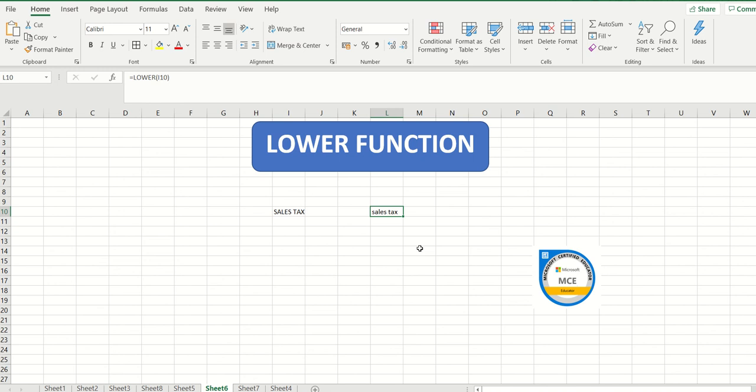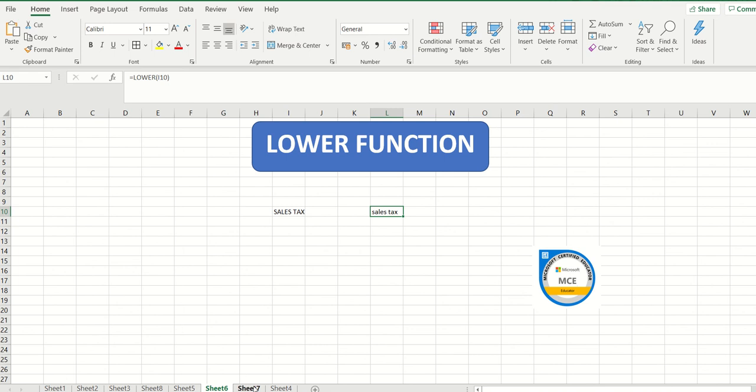So my upper function and my lower function are very beneficial, because sometimes what happens is the uppercase key is mistakenly selected and we type in the entire content in uppercase or lowercase, and if I want to convert it, there is no need for me to go ahead and delete it. I can use a simple function, the upper function to convert the given text into uppercase, and the lower function to convert the given text into lowercase.